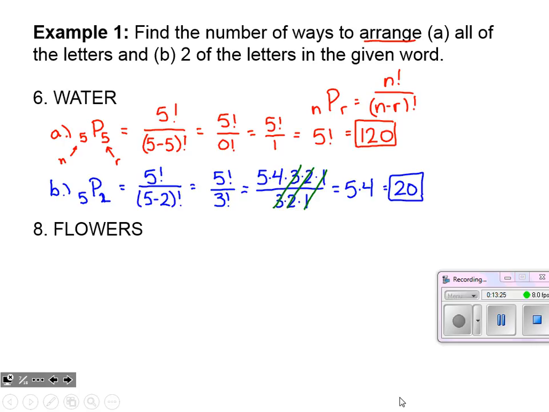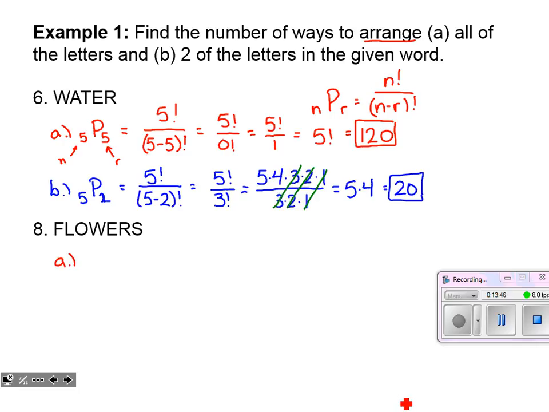All right? And again, I've adjusted the instructions from the homework assignment. I want you to practice using this factorial. Because it simplifies so much, it's a good opportunity for us to brush up on some number skills. But the calculator is a great way to check with this. I really want us to get used to simplifying these.